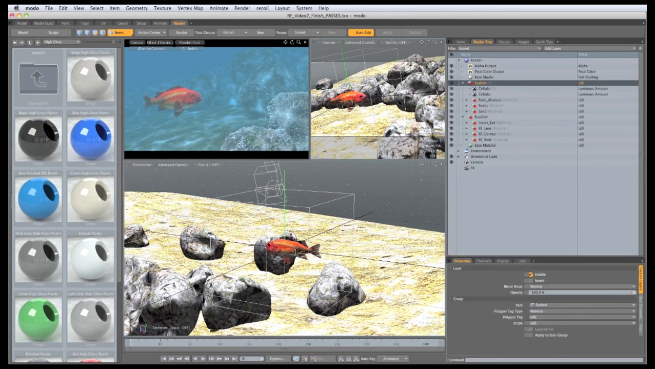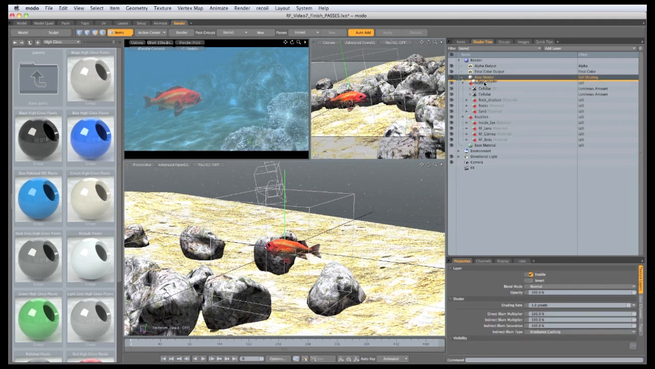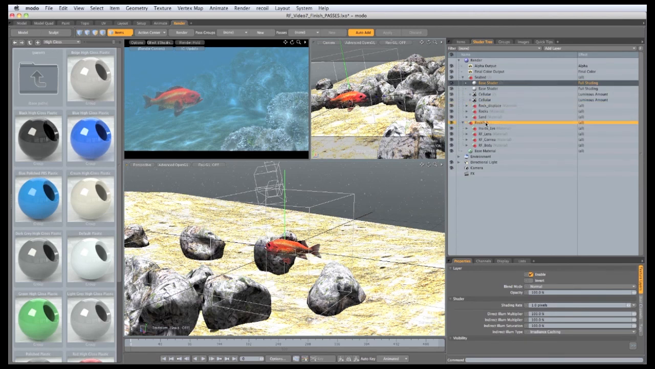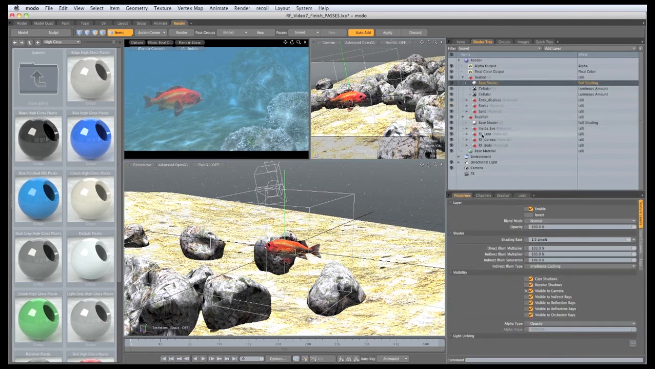So what I want to be able to do is render out the fish separately to the environment. So to do that, we'll select the base shader, we'll drag that into the seabed layer, and then right click and duplicate it, and drag the other base shader into the rockfish layer. So we now have independent visibility for each of those items. So if I select the base shader in the seabed, I can turn off visible to camera and that will be hidden. If I select the rockfish base shader and turn that off, the fish